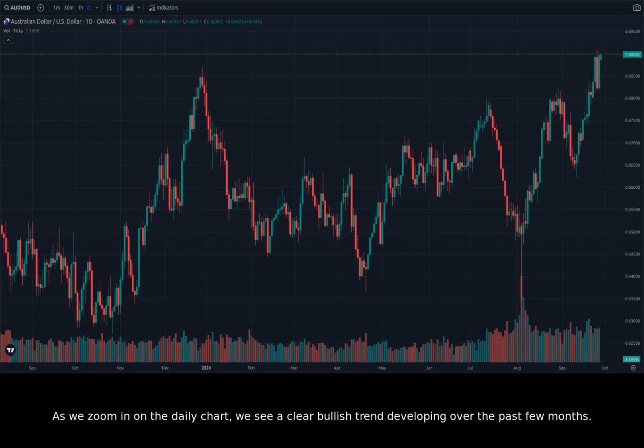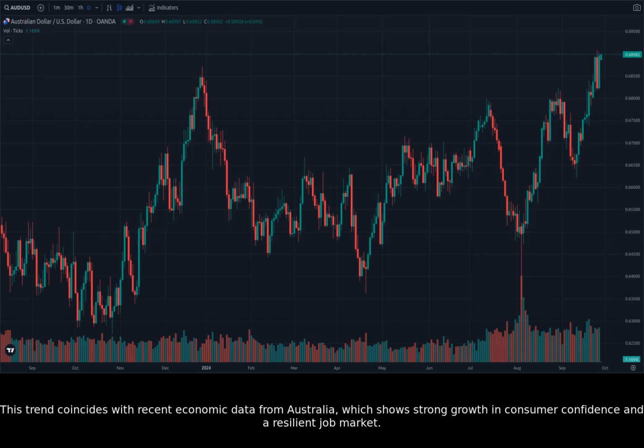As we zoom in on the daily chart, we see a clear bullish trend developing over the past few months. The pair has steadily climbed from its recent low in July, breaking through several resistance levels along the way. This upward momentum suggests that the Australian dollar is strengthening against the US dollar. This trend coincides with recent economic data from Australia, which shows strong growth in consumer confidence and a resilient job